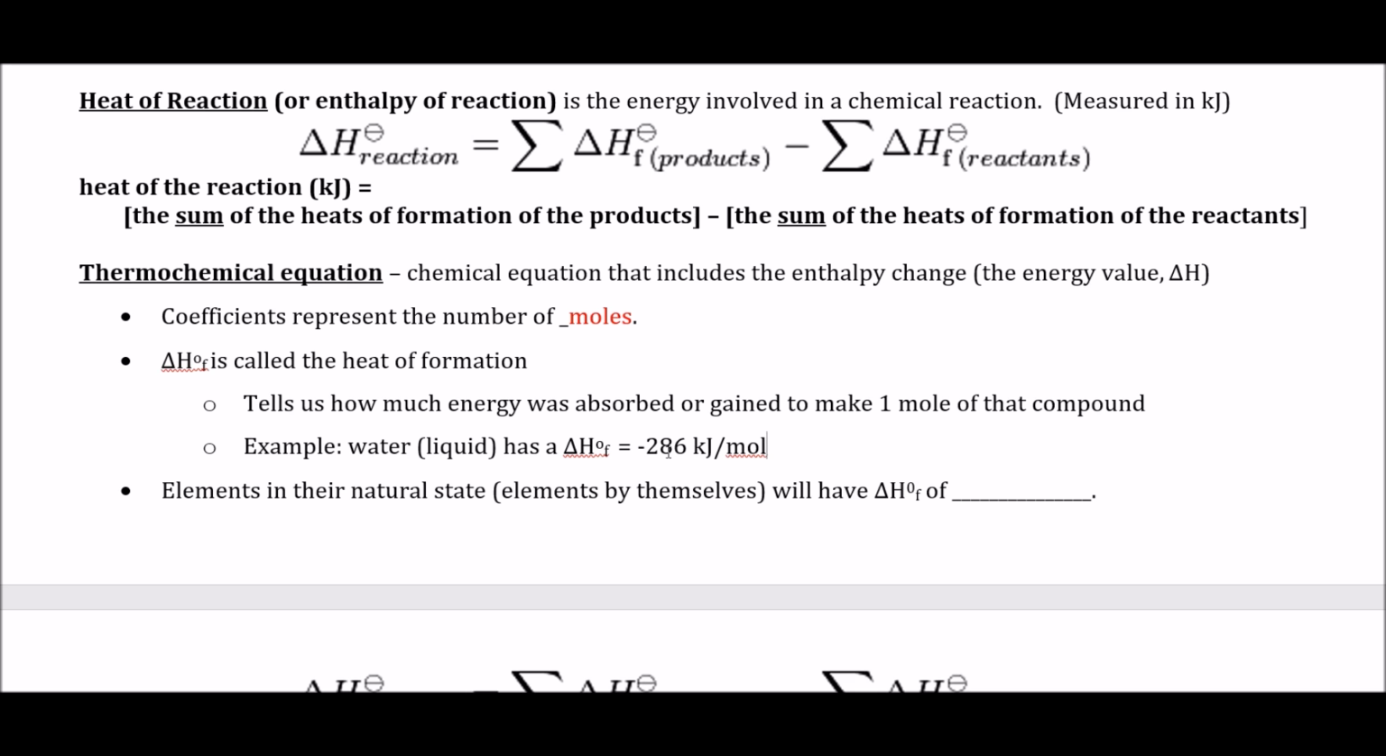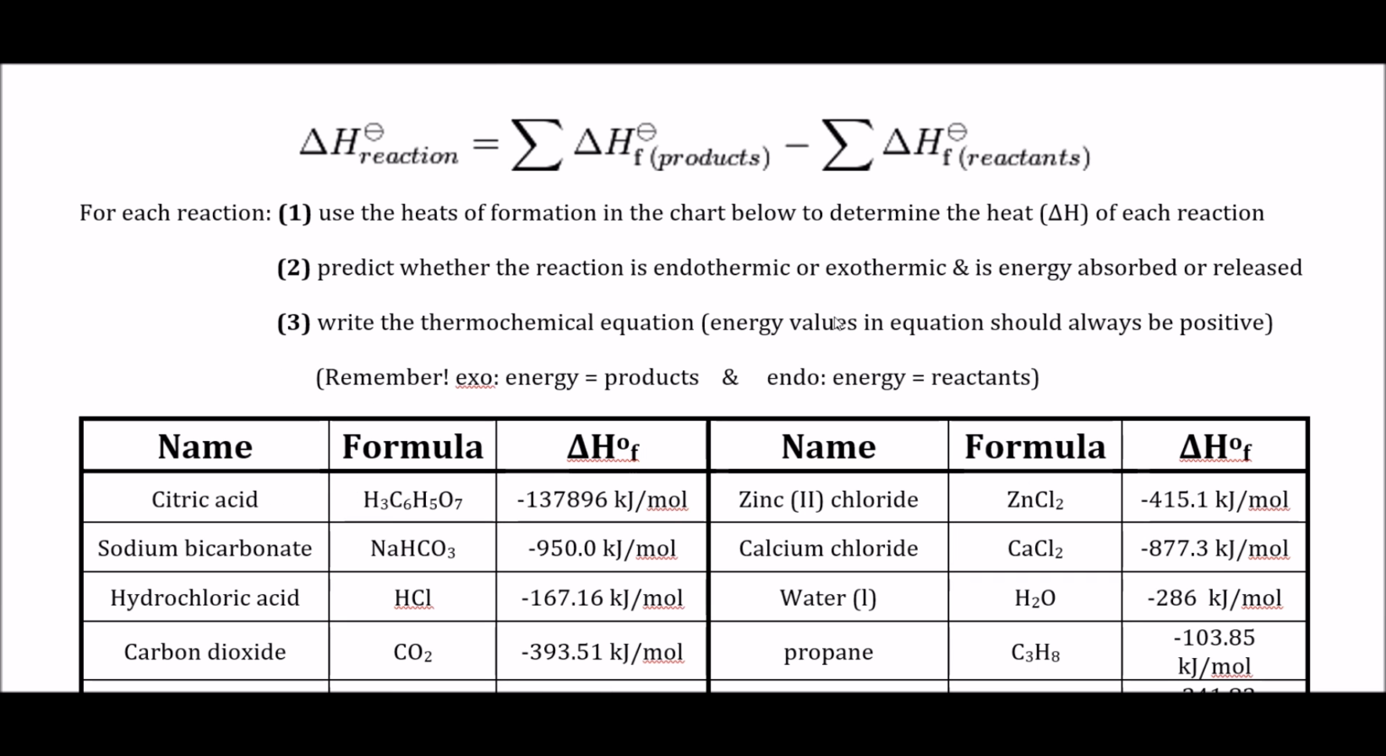What happens is we take elements and we define them as having a delta H of 0. So they have a heat of formation of 0 because, again, we're talking about compounds. It's the amount of heat gained or released when 1 mole of a compound is formed. So what you want to take from above, we're on the next page now,